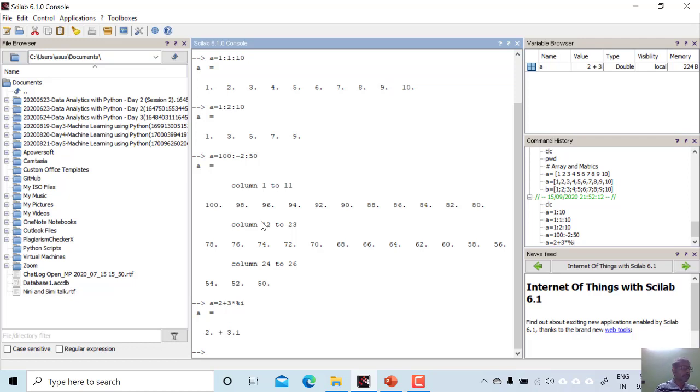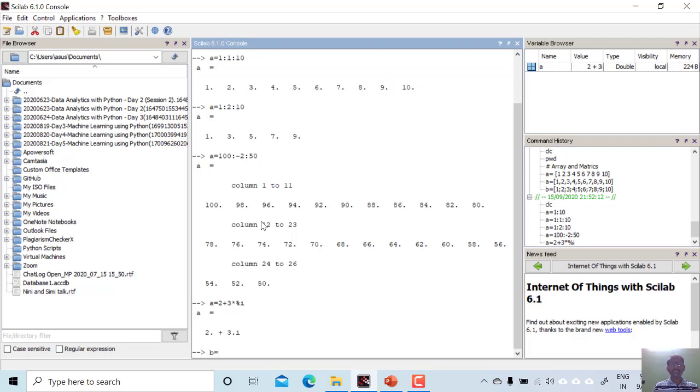We can add, multiply and subtract, all the operations, inside the array also. Suppose I am writing two arrays.